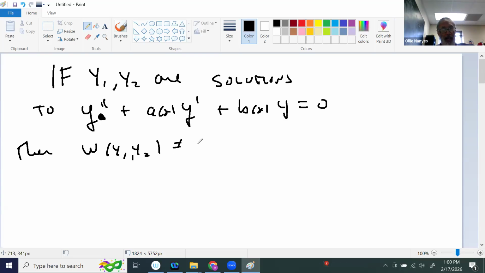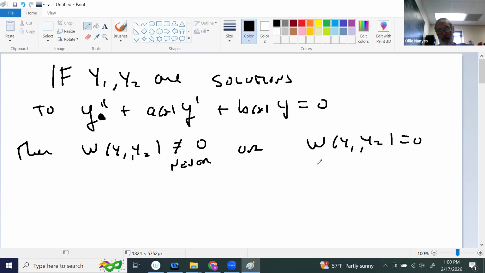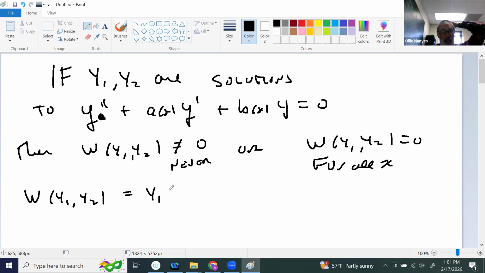So if these are two solutions to this differential equation, then the Wronskian is either never 0 or the Wronskian's always 0. So in other words, identically 0, or never 0. So here's a little bit of preliminary information. So the Wronskian, as you know, is going to be y1, y2 prime minus